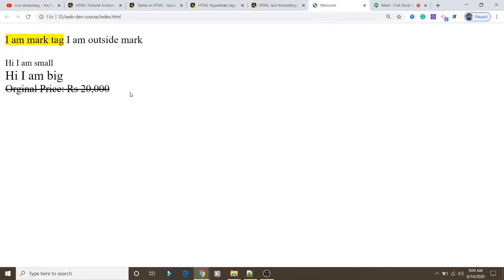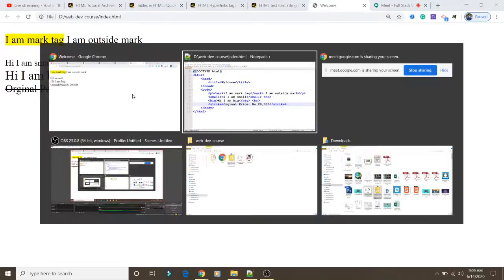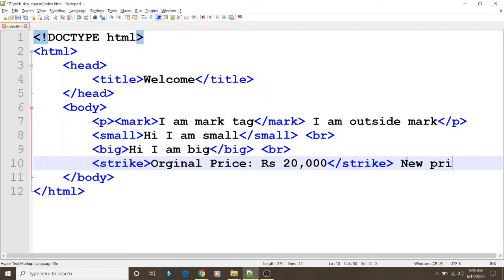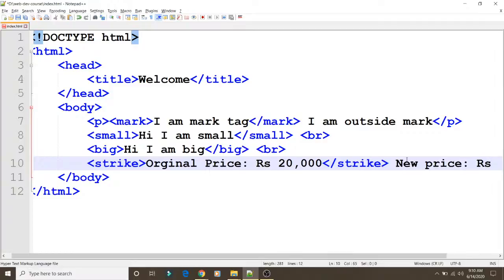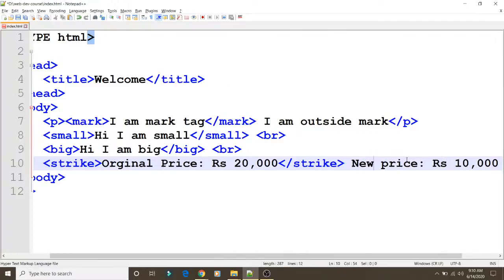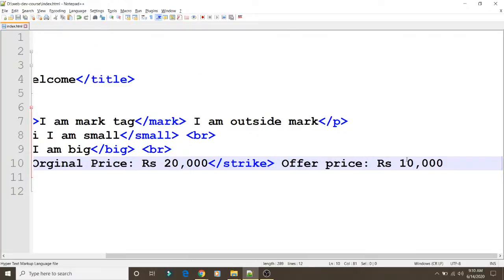Fine. So suppose we write some text over here like new price, that is rupees 10,000, or you can mention offer price, whatever you want to write.